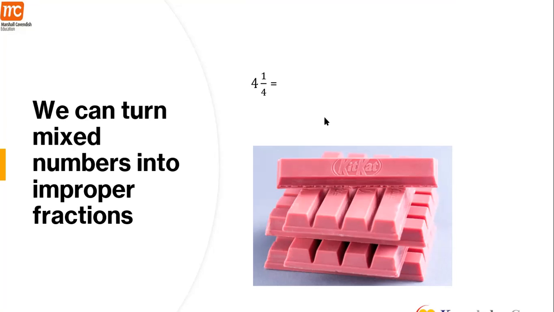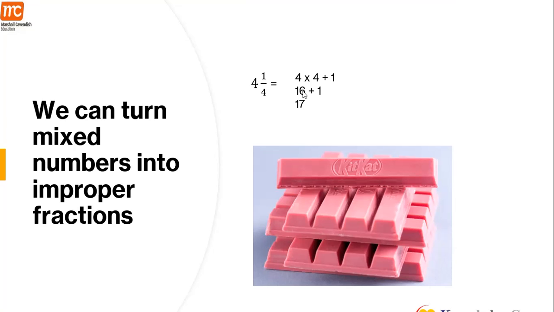What I'm going to do is multiply the whole by the denominator. In this case it is 4 times 4. Why? Because each of my wholes is divided into fourths, or 4 pieces, and I have 4 wholes. Each of my wholes is divided into 4 pieces and I have 4 wholes. So I have to multiply 4 times 4